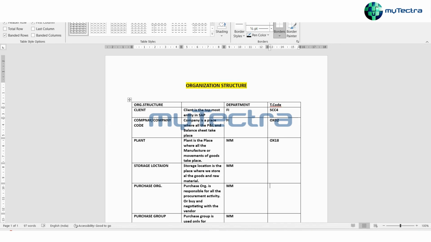For storage location, I think it is T001L. And then we have the purchasing organization.